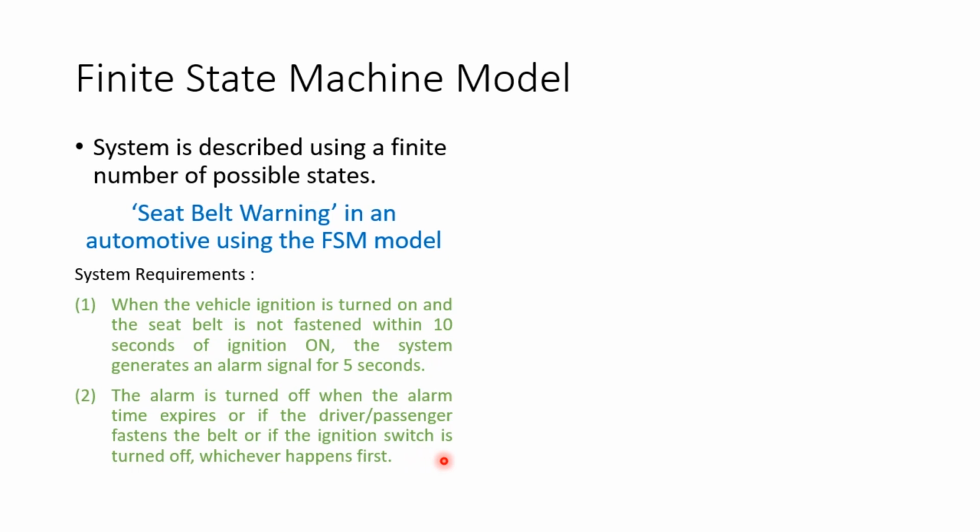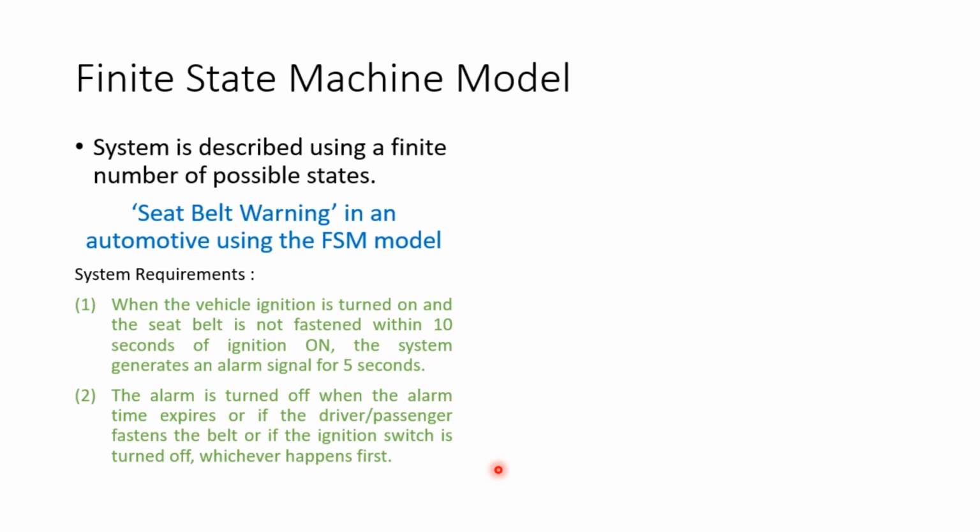Fine. So let us try to model this using a finite state machine model. To model any requirement using a state machine, we should be able to finalize the required number of states at the initial stage. Once we have the optimum number of states with us, then it's very easy to have the transitions if you understand the requirement. So the challenging part here is deciding the number of states. In this case let us try to find out how many states are required.